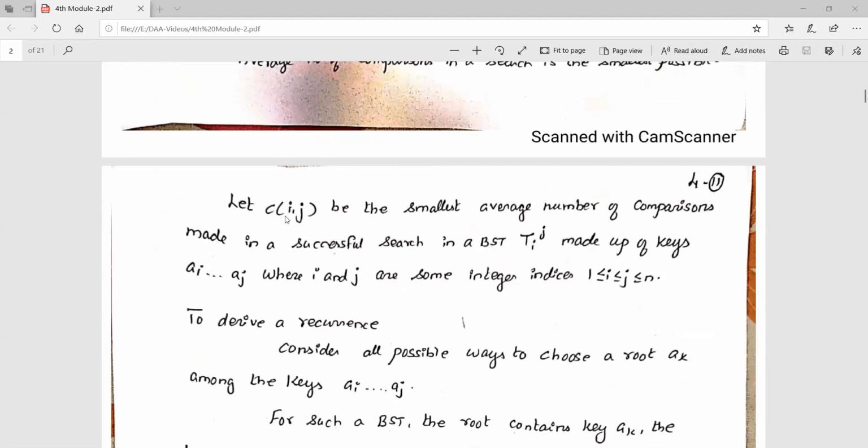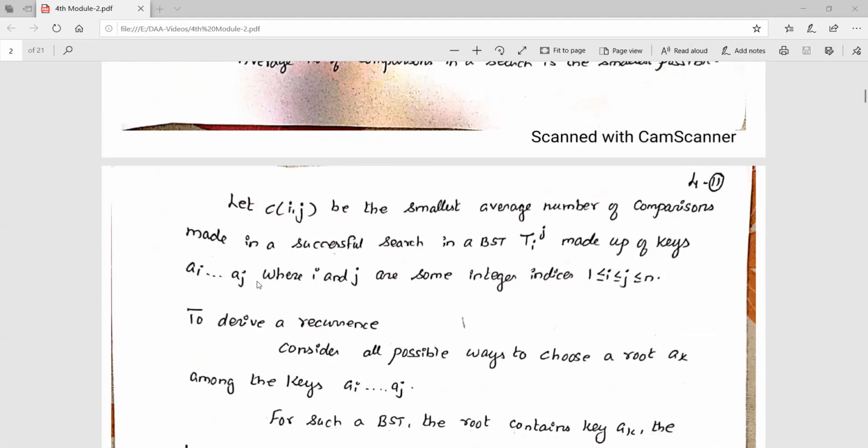Now this is the formula, C of I comma J, the smallest average number of comparisons made in a successful search in a binary search tree T, where I is the first and J is the last, made up of the keys AI to AJ.